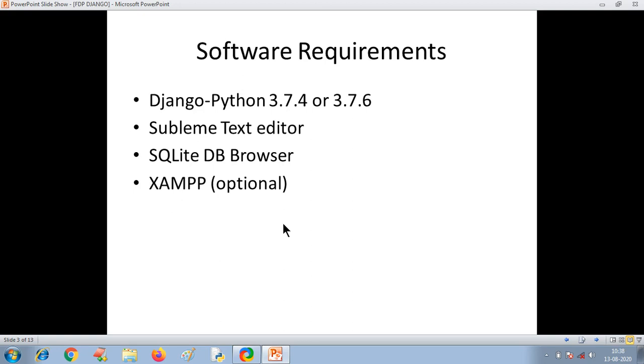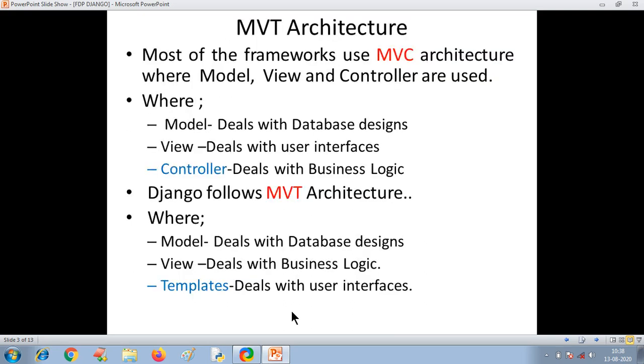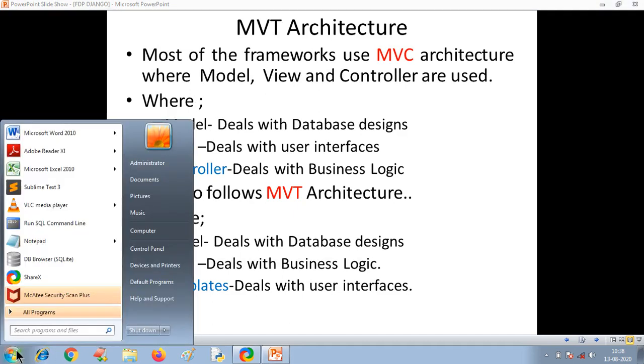So to install Django in your system, first you need to install Python, right? Because Django is a Python based framework. First you have to install Python. To check whether Python is already there in your system, you need to run the command python. Simply go to your command prompt. How to go to the command prompt?